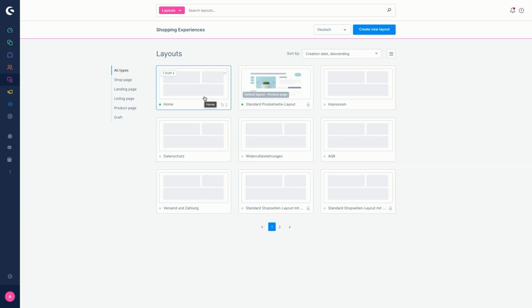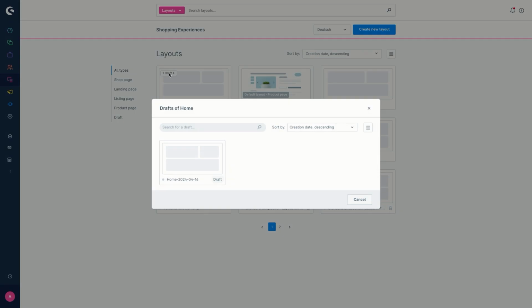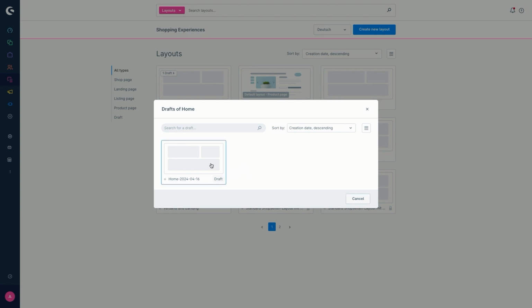If you want to edit or change the draft, in the upper left corner of each layout tile, there is a badge indicating how many drafts there are next to the live layout. So in our case, it's one draft. Click on the badge to open one of the drafts instead of the live layout. So just click on this little button here, and then you can select the draft which you want to open. In our case, we only have one, so we could just click on this one, and then we will get to the draft.